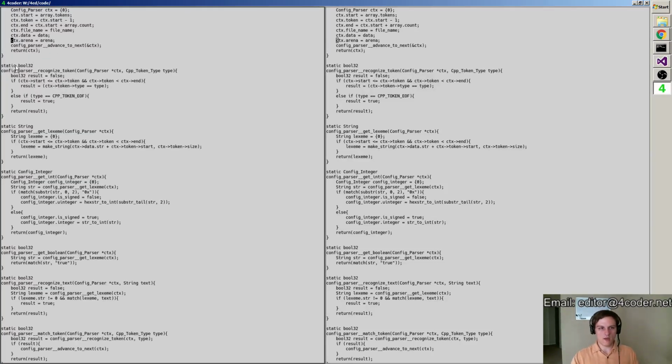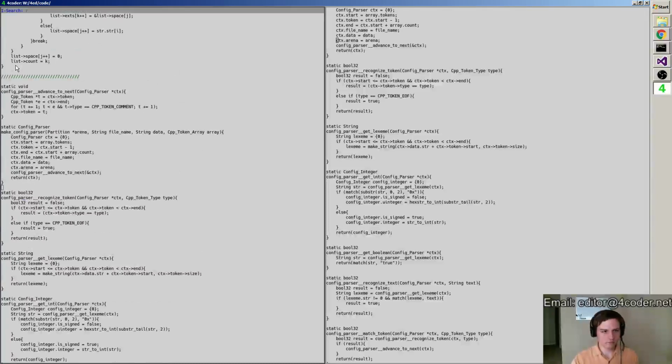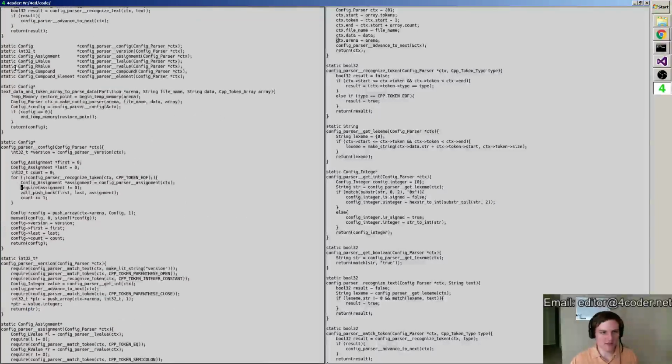And by the way, what a require statement is: I just have a macro that basically says if this evaluates to 0, then return 0. So all of my procedures have to return a type that type checks correctly when you return 0. So pointers are the normal thing, like everything returns a pointer, as you can see right here, right? And since everything returns a pointer, whenever I return 0, I'm just returning a null pointer.